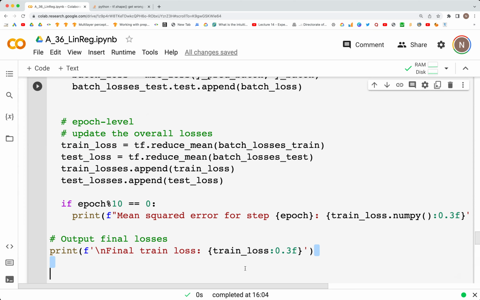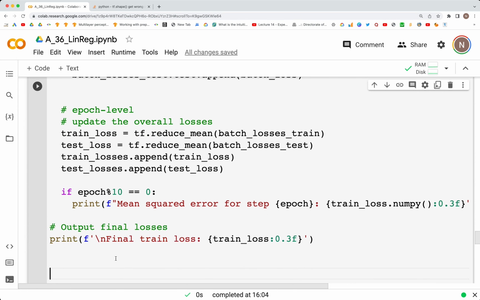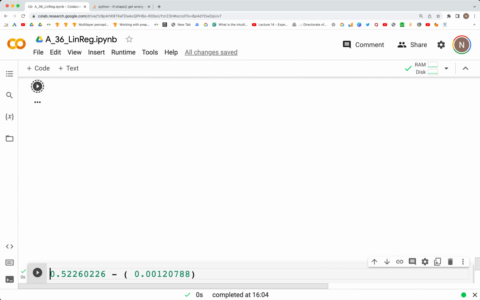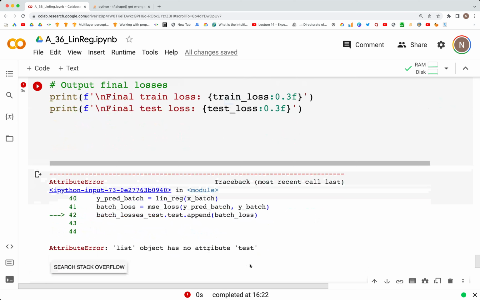So copy that and paste it right. Copy that again, paste it right here, and this is the test losses, and change this to test loss. Now when we run this, hopefully we should get the mean squared error for each epoch, except there is